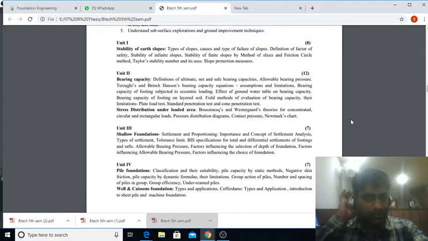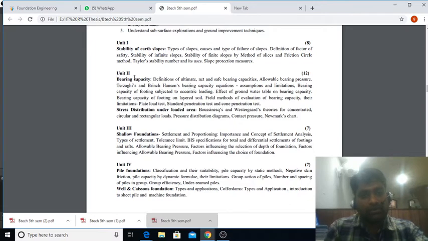So as you all know that we have covered first unit, so you should go through the theory related to stability of earth slopes and solve certain numerical problems on this, and you should go through the case history of certain slope protection measures taken in any country, any hilly terrain, or any earthen embankment, railway embankment, earthen dams and all those.